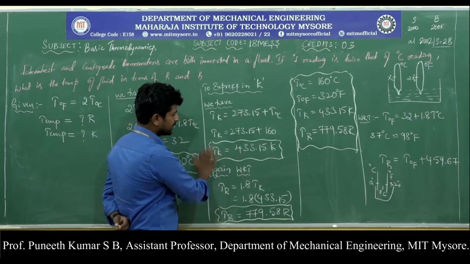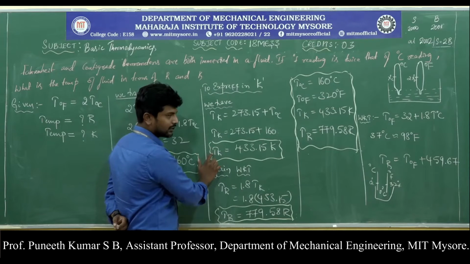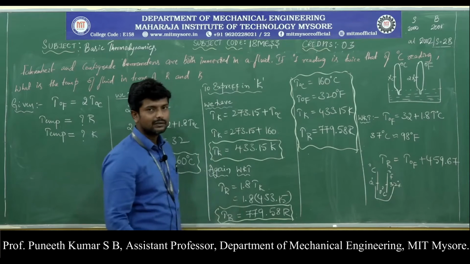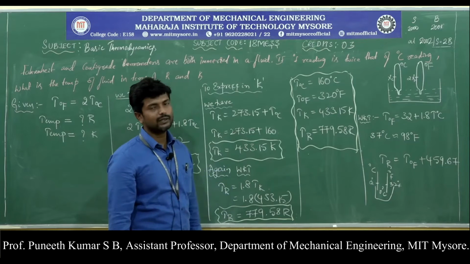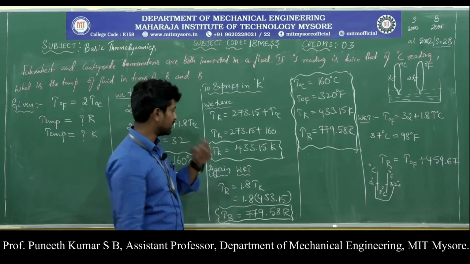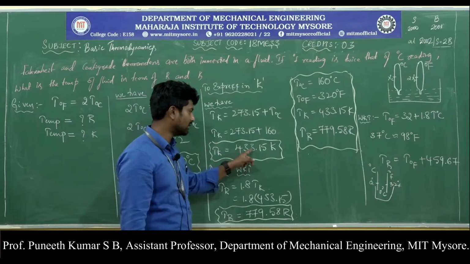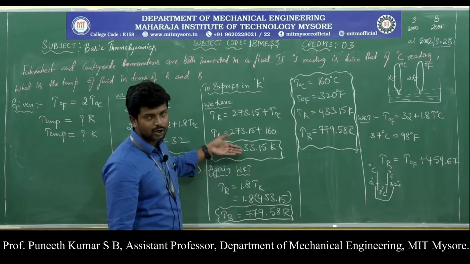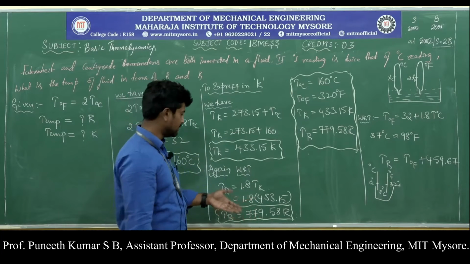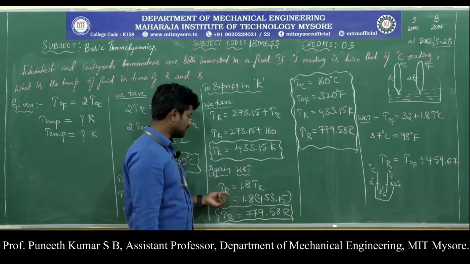So as per the question asked, T degree Kelvin is 433.15 degree Kelvin. The temperature in Kelvin is 433.15. Next, if I want to express the same value in terms of Rankine, then I will substitute, we know